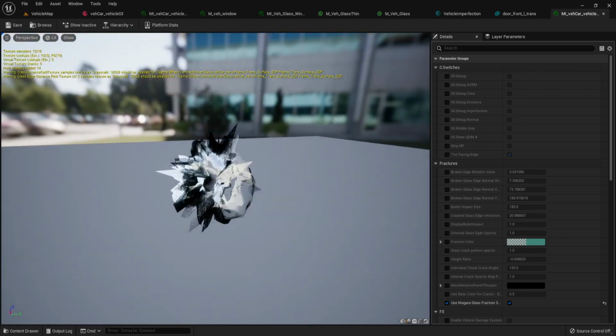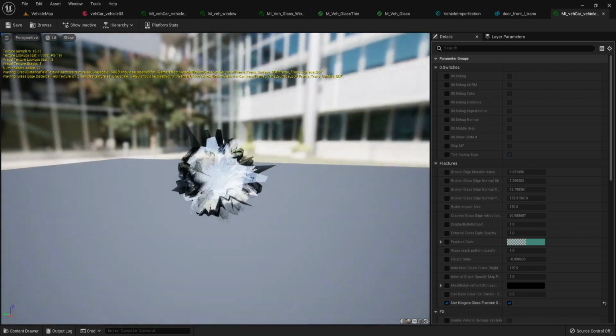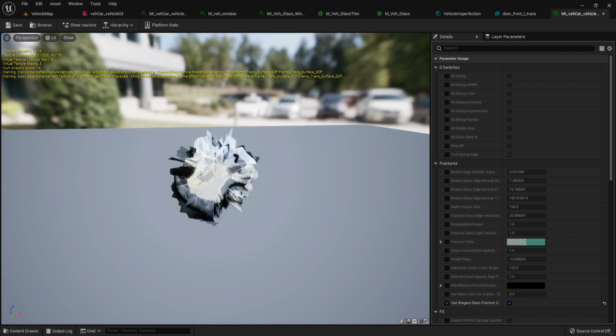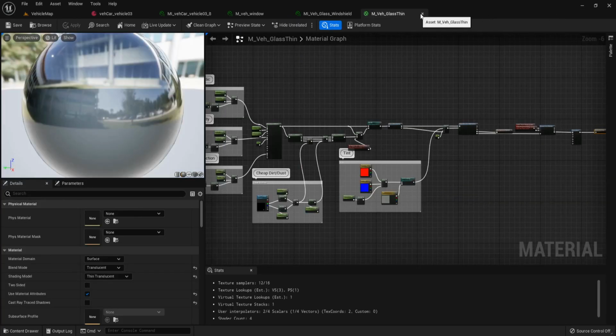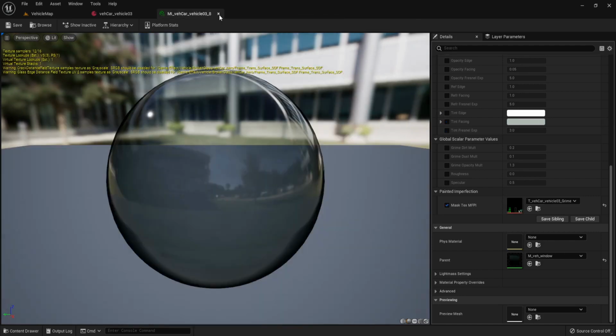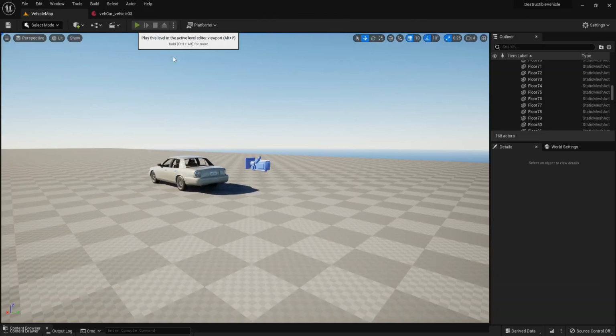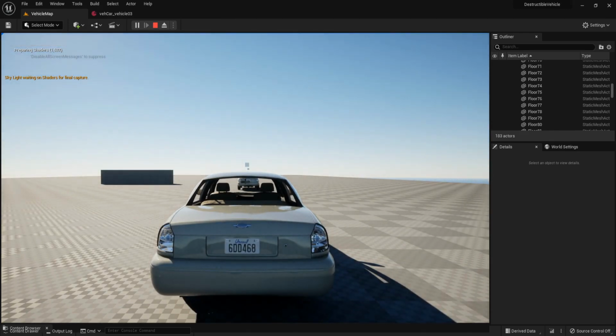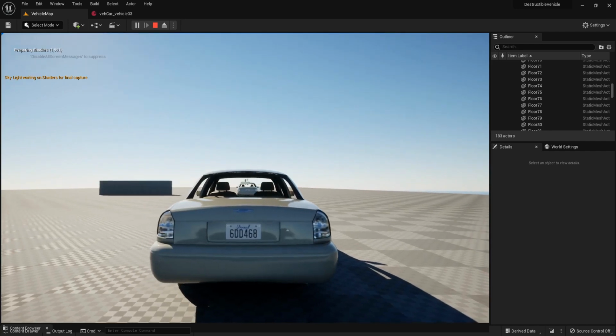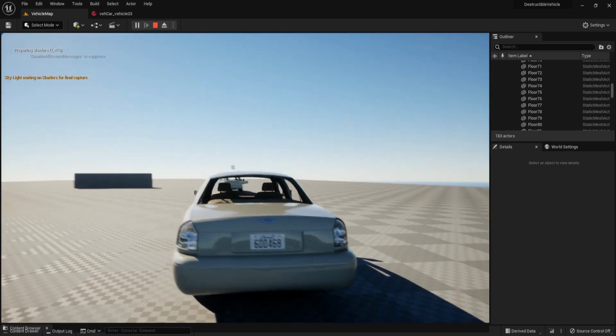This is the glass that is fractured and we don't have any error, so we can close it and let's play test. And we need to compile the shader first. Wait for this 1500 shaders to compile completely.